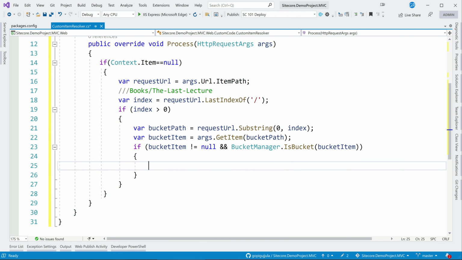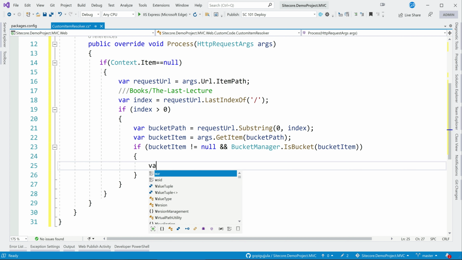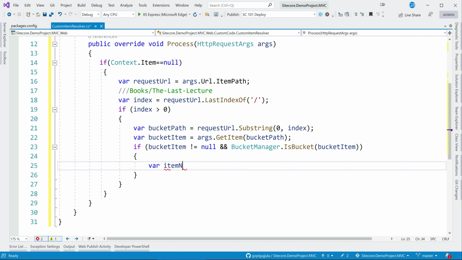Now we need to get the item name, which is this path, the last lecture.